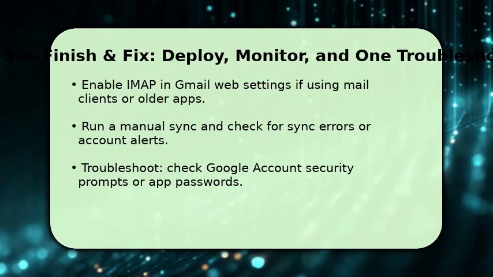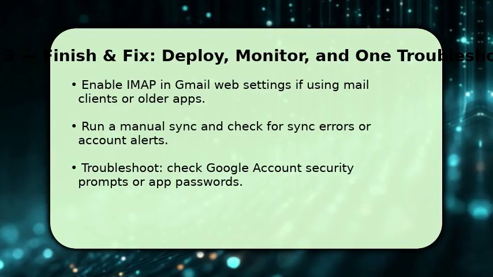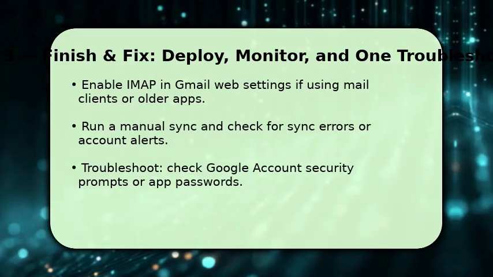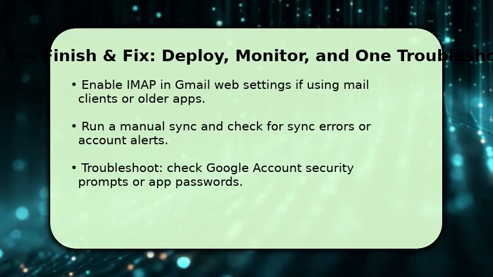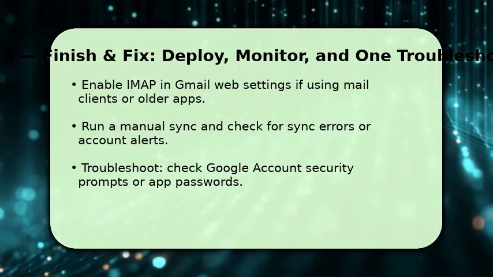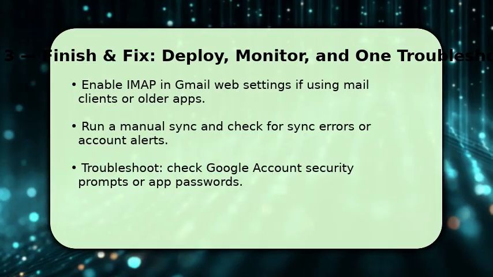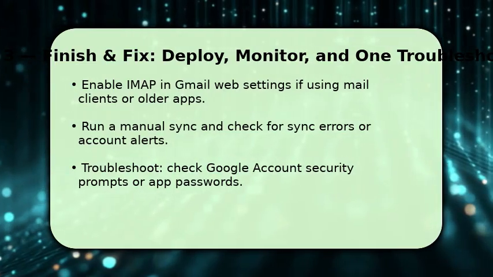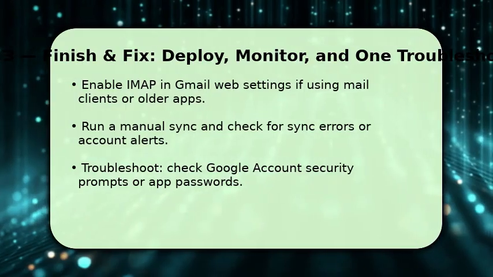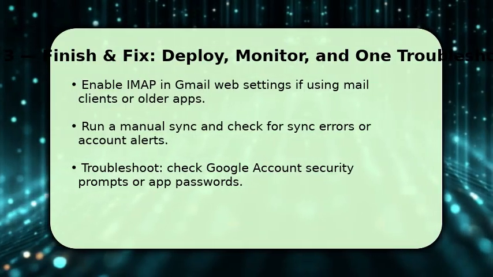Make sure IMAP is enabled in Gmail web settings if you use a mail client, because client versus server settings can conflict. If you still see errors, check Google account security prompts, revoke stale app passwords, and create a new app password if required. One key troubleshooting tip: try a different network to